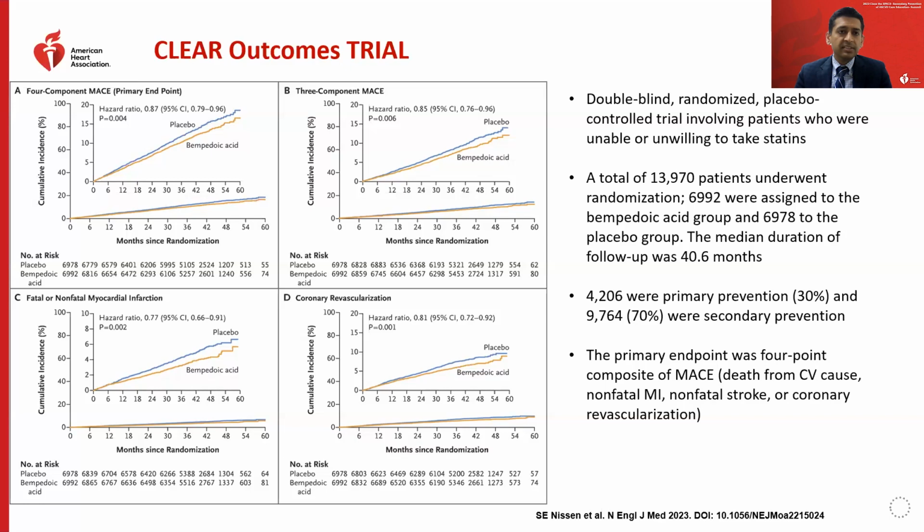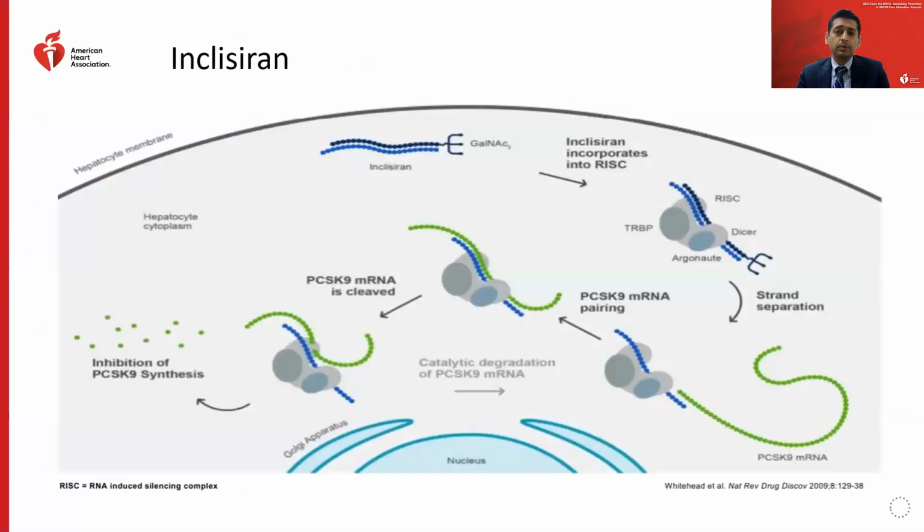And what you can see here, based on the Kaplan-Meier curves that I've shown, across the 4-point component MACE, which is the primary endpoint, bempedoic acid did better than placebo in terms of reducing these events. Same with the 3-point composite, looking at just fatal or non-fatal MI, and just in terms of coronary revascularization. So there seemed to be a benefit in the statin intolerance population in reducing cardiovascular events with bempedoic acid. So just to give you some outcomes data, I share that really to provide outcomes data with some of the novel therapies that we have. The outcomes data with inclisiran is still in the works, but the LDL reduction is very profound.